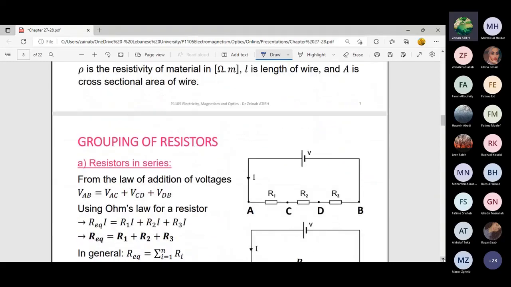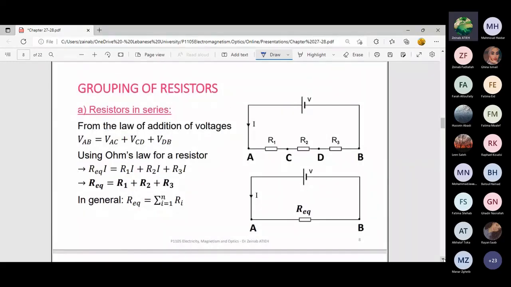Now let's move on. I'm moving fast because they are all old information. Nothing is new. So, grouping of resistors. I've explained already grouping of capacitors. Here, grouping of resistors is opposite to grouping of capacitors. Okay, so let's start with